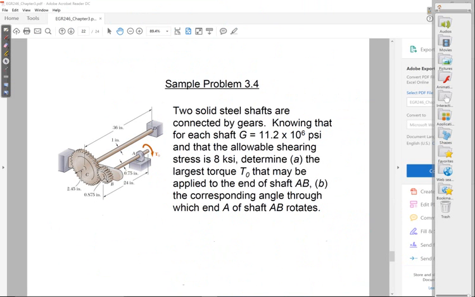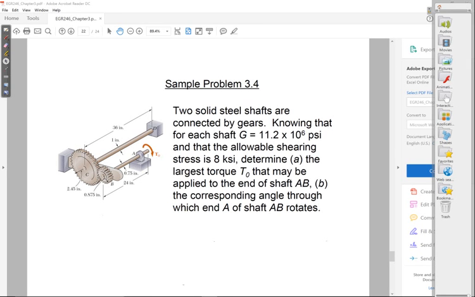So if I change this around a little bit, and I just gave you all of this, allowable stress, and so on and so forth, and I don't give you the radii of the shafts. I'm going to say shaft AB and CD, I just want to make the same diameter, the same radius. But that's what I'm trying to find, and I want to design them in such a way that